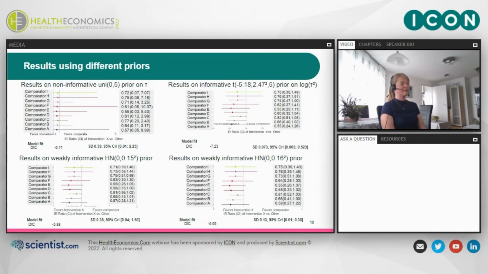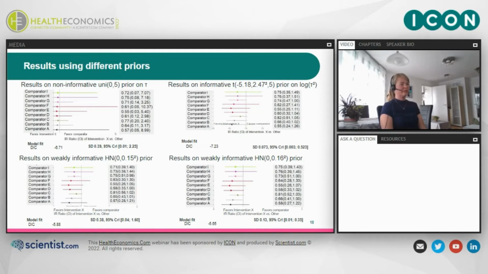So here you can see forest plots on an incidence rate ratio in respiratory disease comparing intervention X to a list of comparators. If we use non-informative priors as described in the NICE DSU guidelines, as you can see in the upper left corner, we get extremely unrealistic results with an upper credible interval bound reaching up to 10.3 something, which is very unrealistic. Then if we use informative priors instead from Rhodes et al.